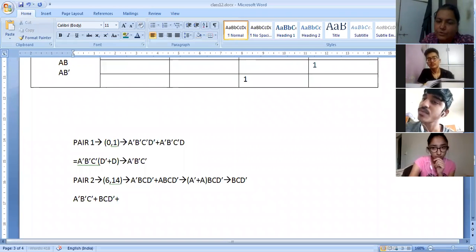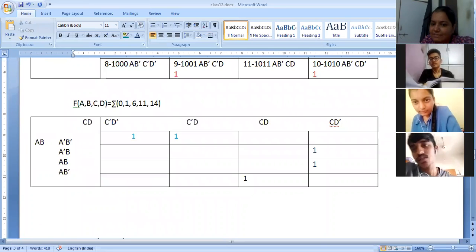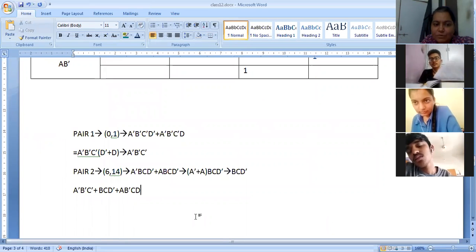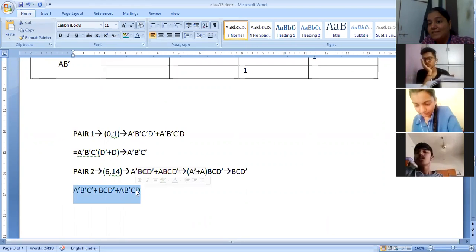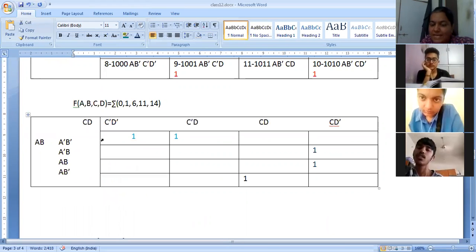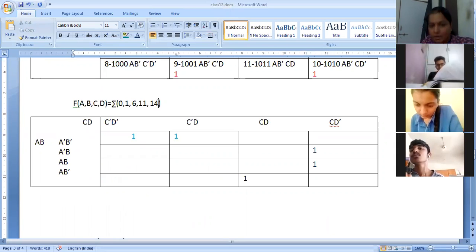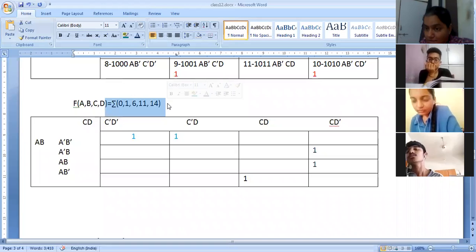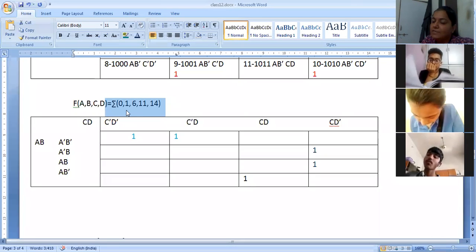So what I will write here: AB', AB', CD, CD. But you cannot just leave it; you will have to simplify this whole thing. It is the simple form, but it is not looking like a simple form because here we have only a few ones. Please remember, the bigger the question, the simpler it is to solve. When we had a lot of numbers here, it was very simple and you got a very simple answer. But because there are fewer numbers here, it becomes difficult.